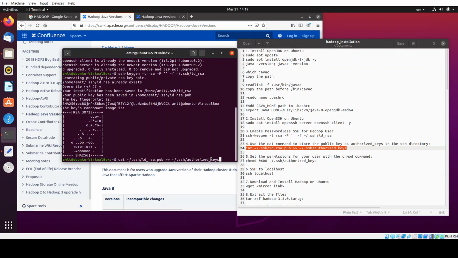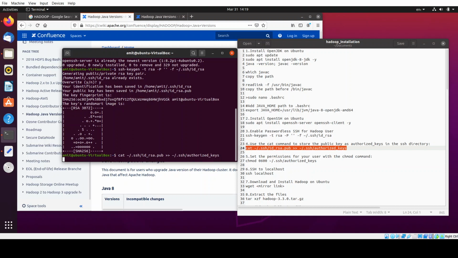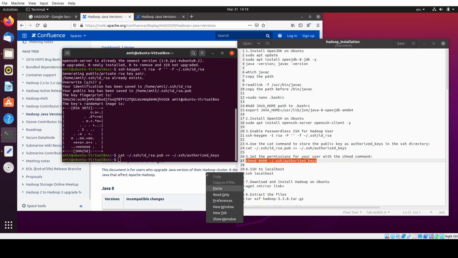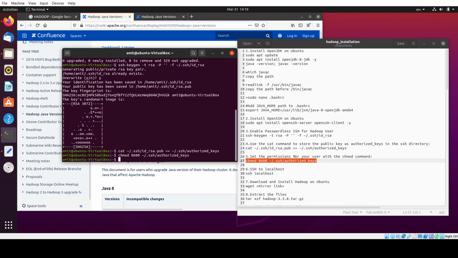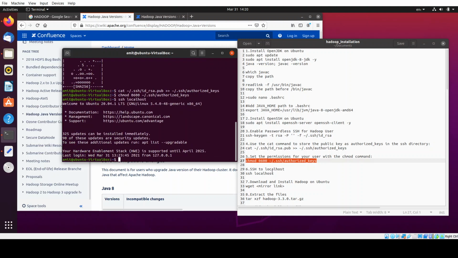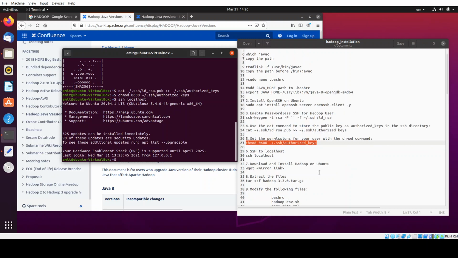This will store this public key into authorized keys. Okay, it's stored. Now let's give the required permissions. Paste this command, which sets the permission for the user with the chmod command. It's done. Let's start the secure shell, ssh localhost, and see if it has been configured properly. Yes, it is. So we're done.